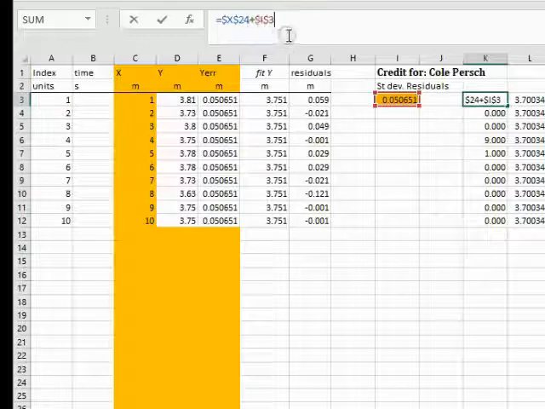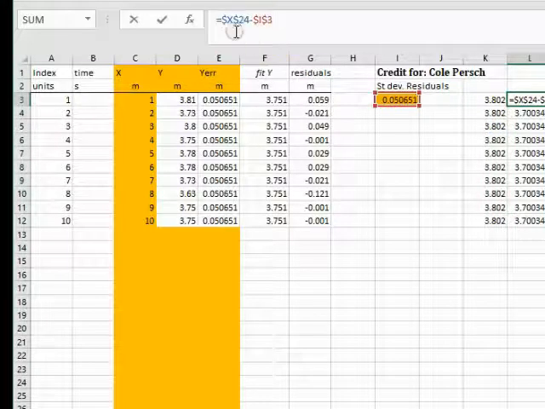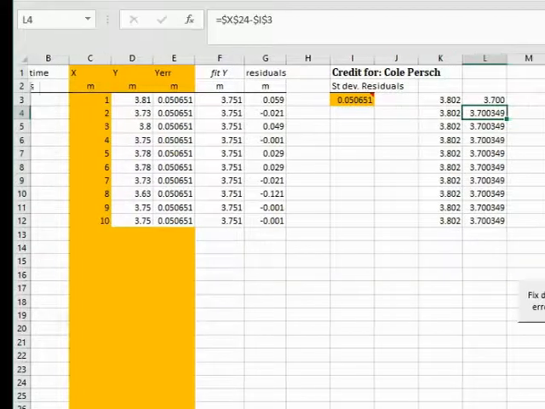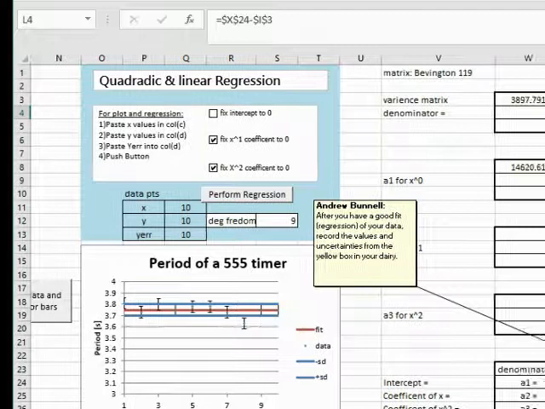And we want dollar signs on both sides, and copy that down. And we want to do the same thing for this one, but now it's the average minus the standard deviation. Okay. Now, I've already added those lines to it, but let's look to see how we would add those lines